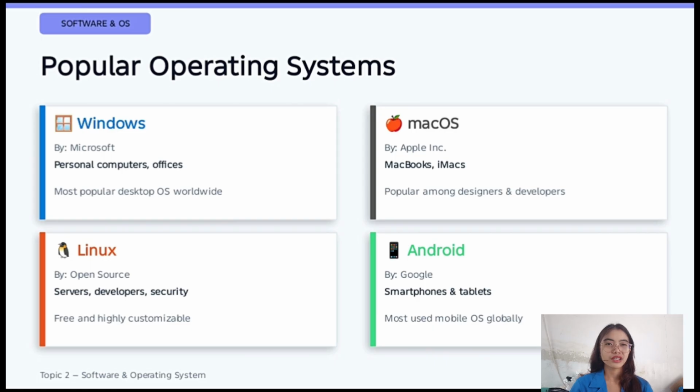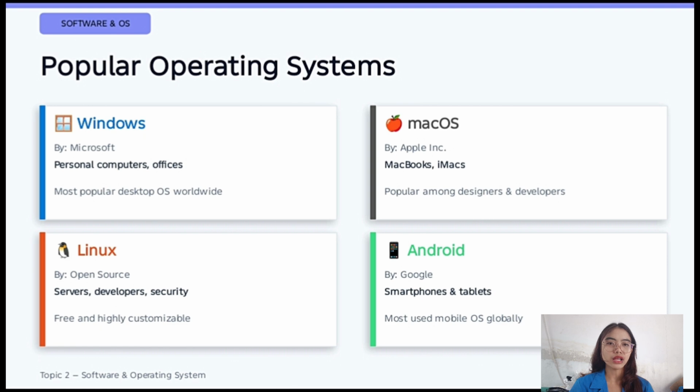Third, Linux. This is an open source operating system, which means it is free and can be customized. It is widely used on servers and by developers. Fourth, Android.